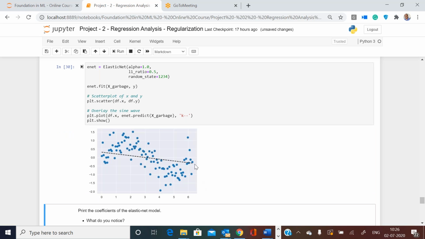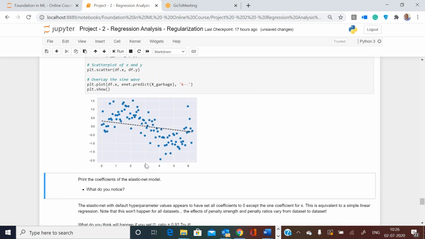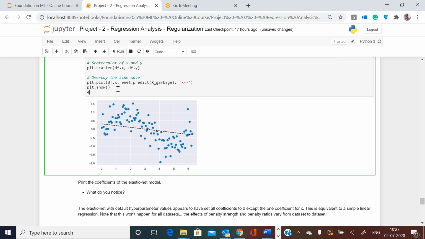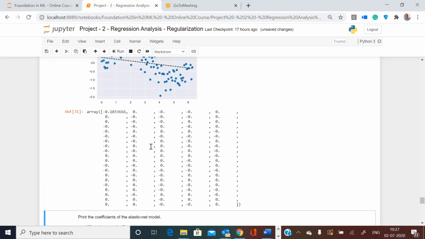So this is the effect of my elastic net 50-50. There is a little bit of slant, meaning a lot of betas have been reduced to small values. Let us look at enet.coef_. A lot of them are 0, but the x still has some minus 0.103, that is why we are seeing this slant.